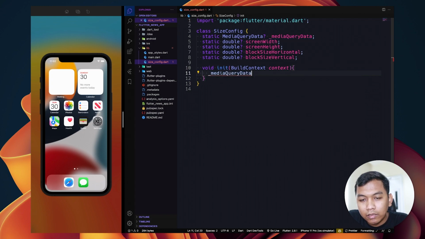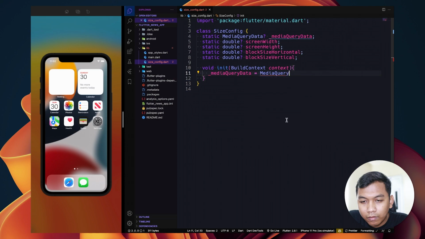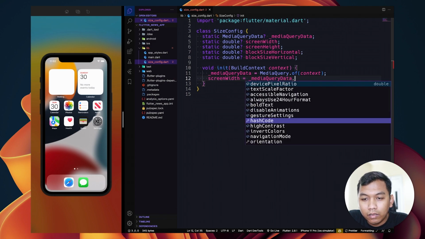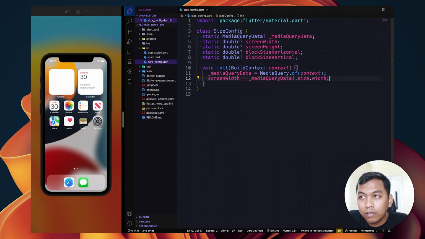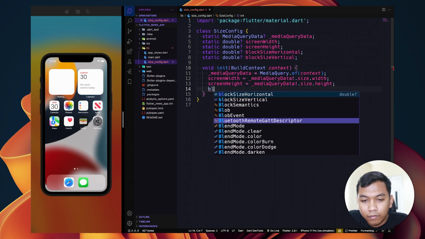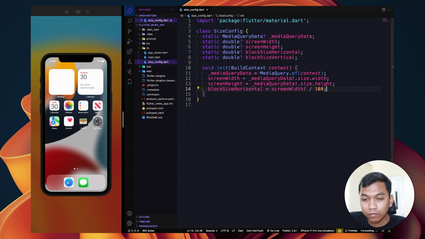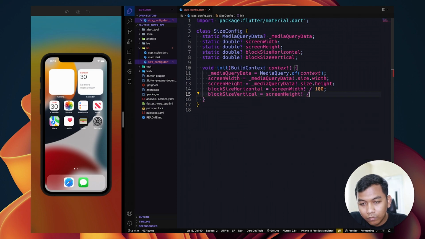And inside this, let's call this static variable, the screen width. Alright, so that's all for the size config file.